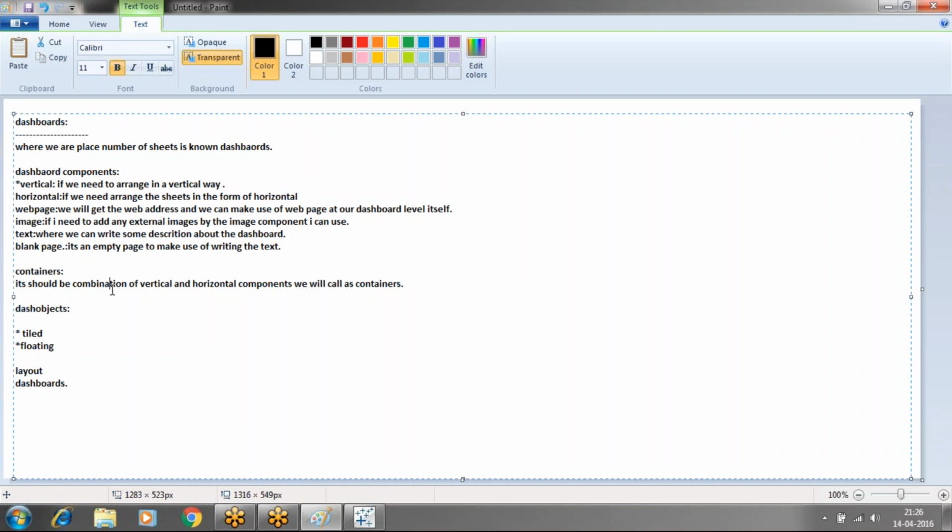And here we have containers. Containers should be a combination of both horizontal and vertical. Then dashboard objects will be there. Here there are two dashboard objects. One is tile, which has another name: fixed or static. Why is it fixed or static? Once we use an object as a tile,